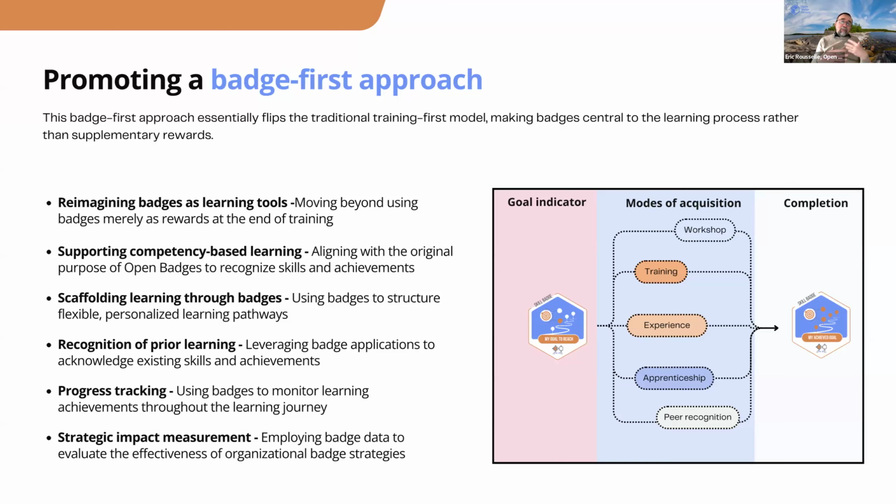Okay. And then the badges also are learning records, which is very interesting because you can use the badges not only for directing learners in different directions. You can also see what has been achieved. So you can use them for tracking the progress of the learner. And you can also analyze the data to understand if your badge strategy is working or not. So you can see in the space what the outcomes of your program are, if it's a training, or of your strategy in HR or whatever you want.